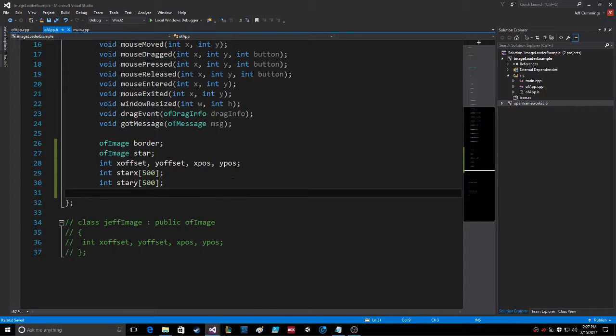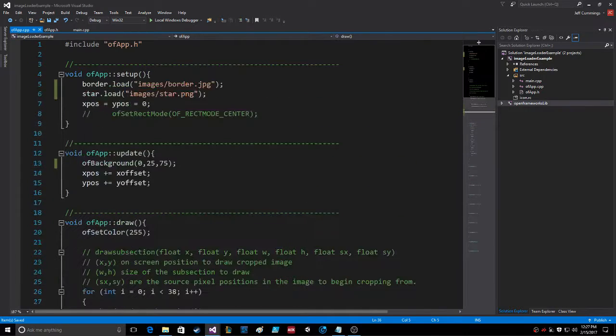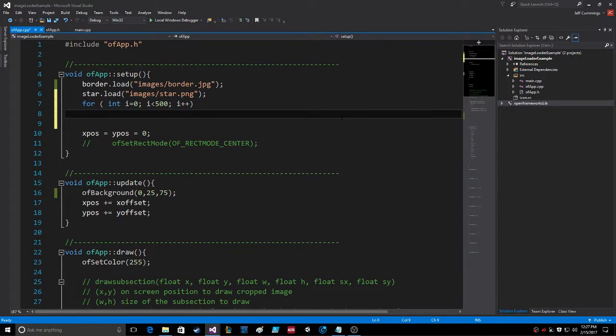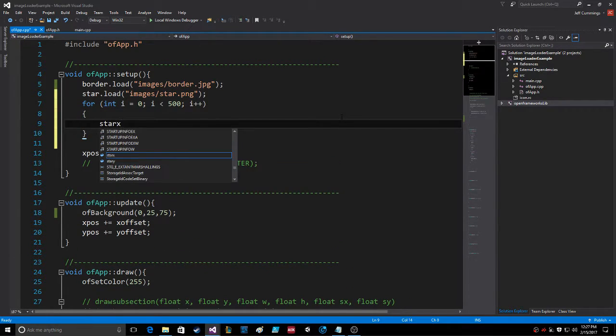So, okay, star x and y. Then when we do setup, after we do the star, for int i equals 0, i less than 500, we'll do them both at the same time, x and y. Okay, so star x sub i equals,